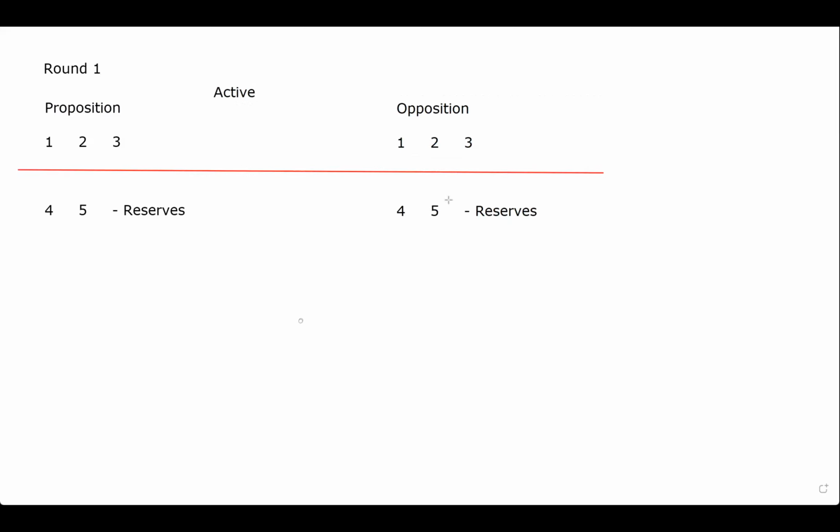Don't mind my very crude drawing. So during a debate, only 3 members of each team may compete at any one time. If there are members 4 and 5 of a team, they're what we call reserves. So, if your team makes it through to the next round,